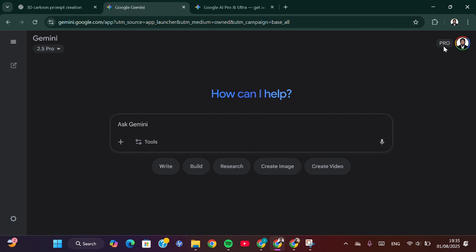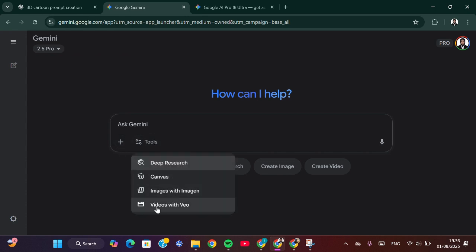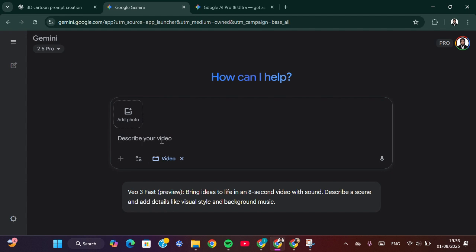As you can see, I have Pro, Google AI Pro, and then I'm going to use VEO3 right here. After we upgrade our Gemini, we will be able to access the VEO3 to create a video. Okay, and here make sure you select the 2.5 Pro. Alright, and then here you can select the tools, and then I'm going to choose videos with VEO,